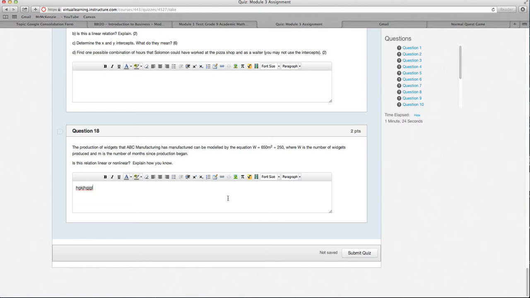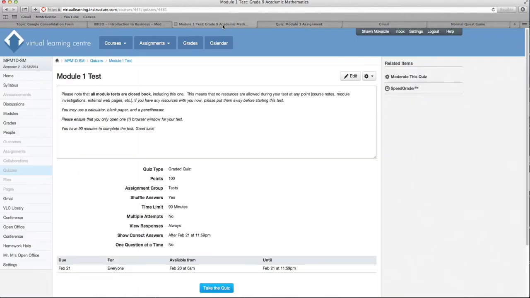So for assignments, just close the window or navigate away from the page. If you wish to work on it at a later time, only click Submit Quiz when you're finally done your assignment. The difference now is that tests, if I were to click on Take the Quiz, you've got particular days